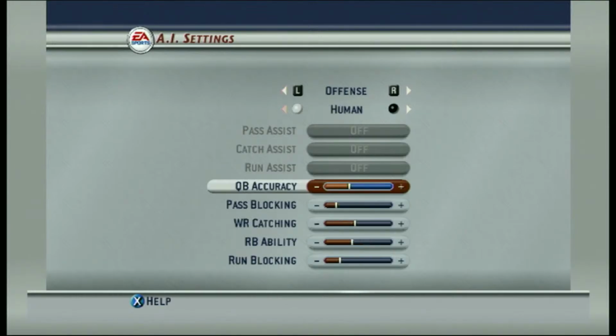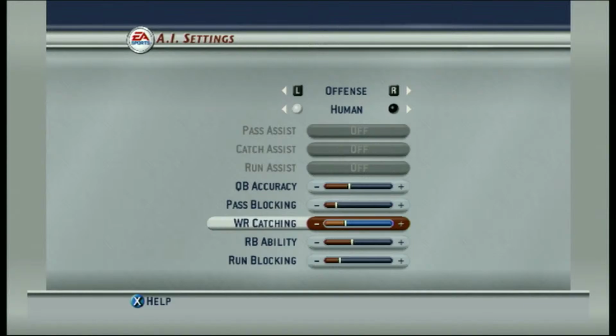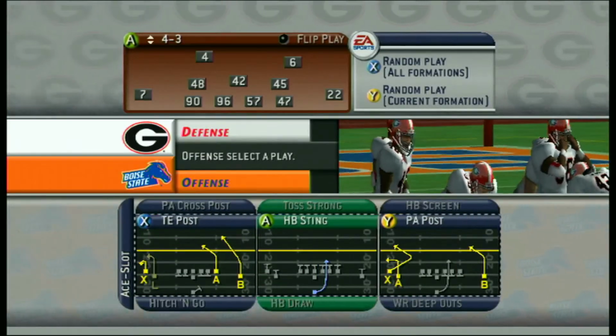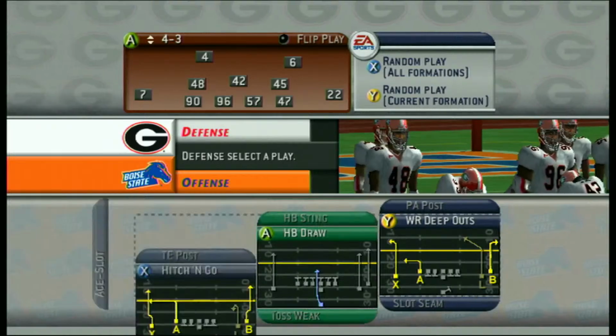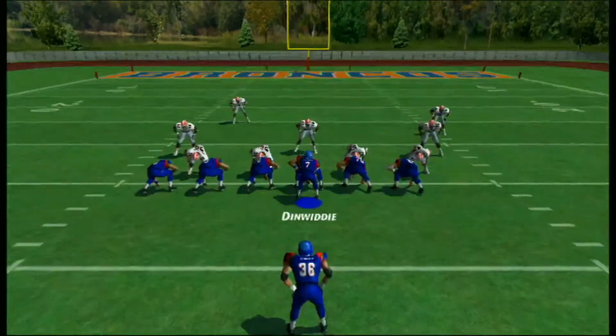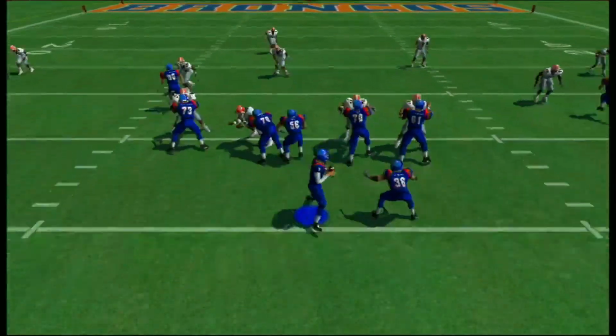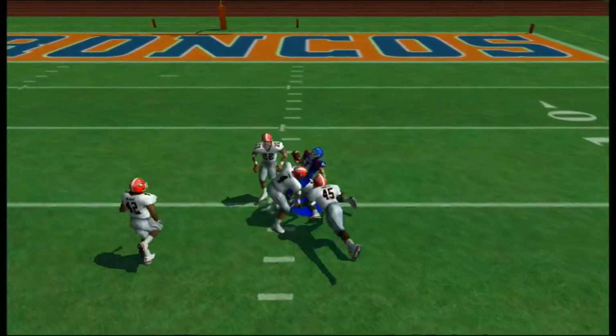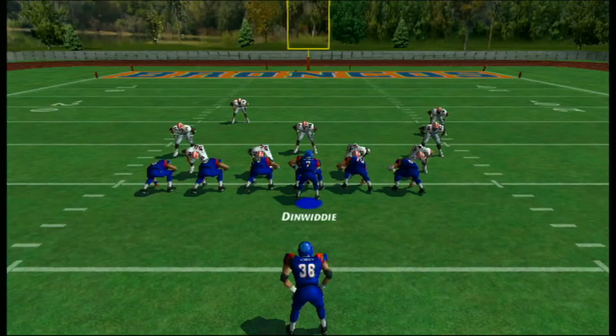It's full knockdown, everything is all maxed out all the way. I need to go to offense, human, and go down the list. Let's try 7. So 2 clicks lower in wide receiver catching, and see if he actually gets drilled and can drop the football. It is what it is. We're not trying to get lost in the weeds there. But if I don't have the threat of a Georgia Bulldog safety coming over and whacking me after a one-handed catch, a threat of dropping that ball, then what are we doing?